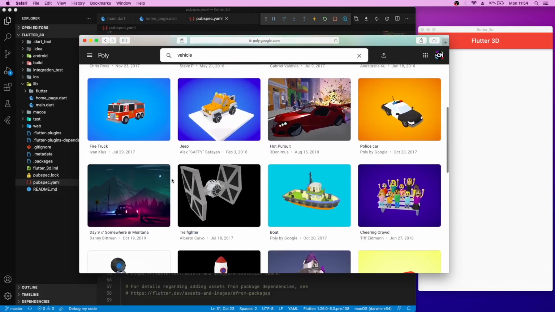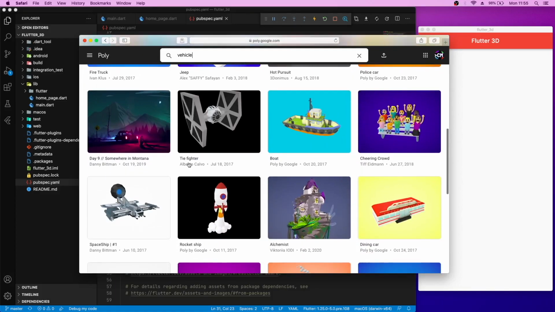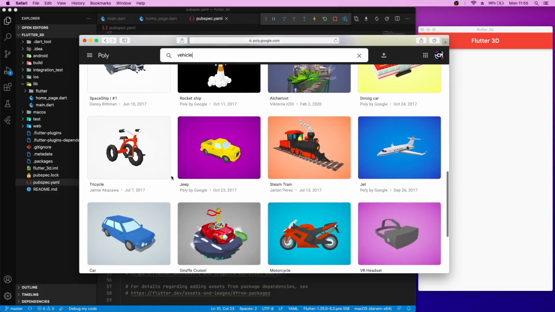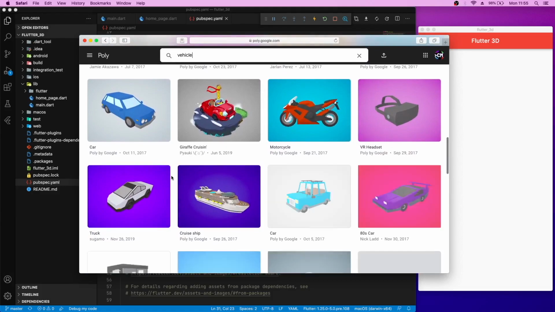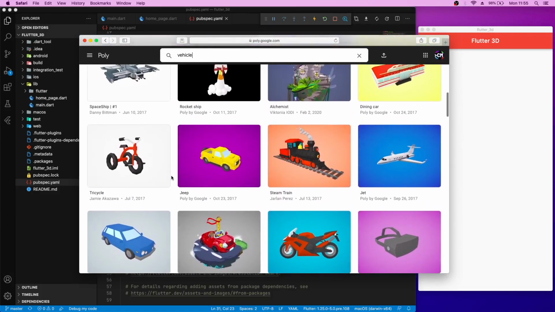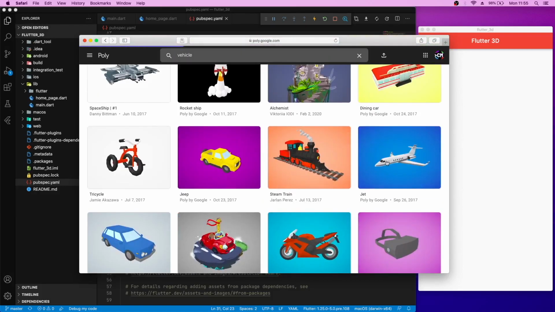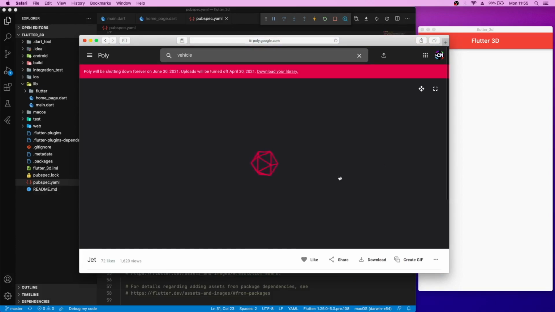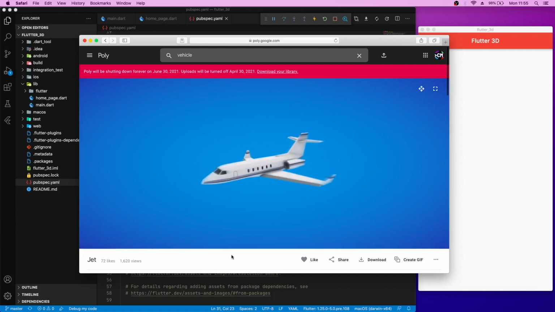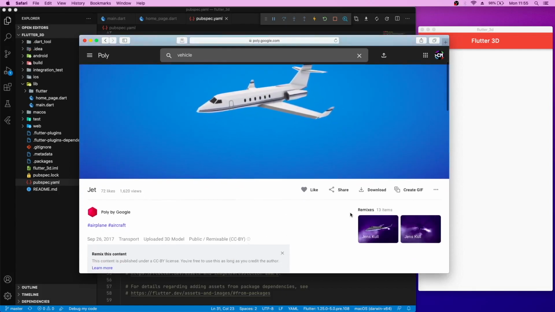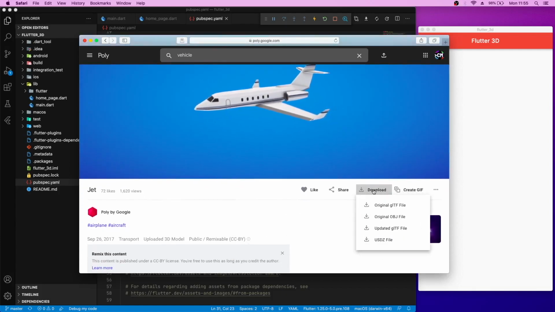You can try out any vehicle here, or any other 3D objects. I might try this jet one here. To download this file, just head over to this download button and download the original obj file here.